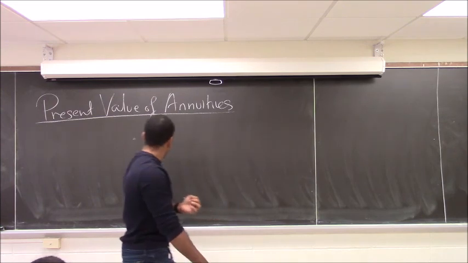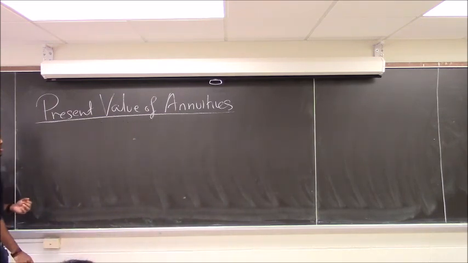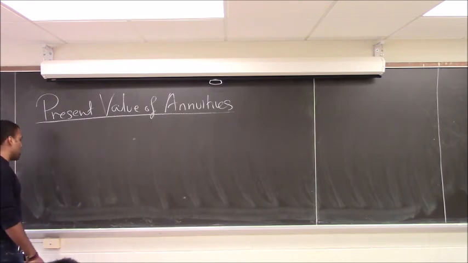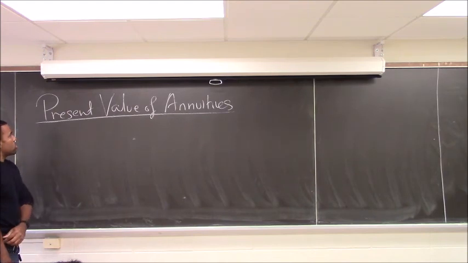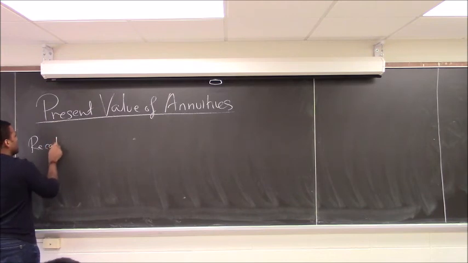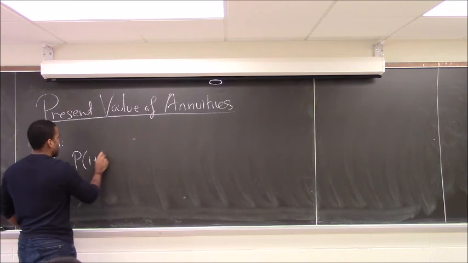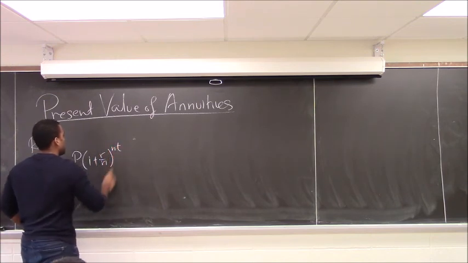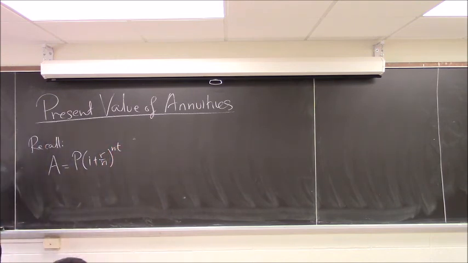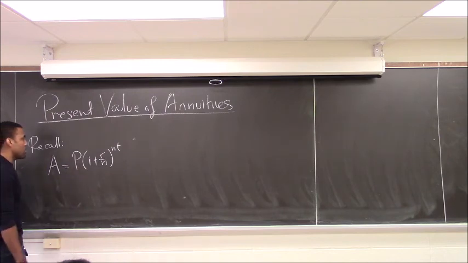Last time we figured out, given some interest environment, how we should make payments to build up to some lump sum, like money for college or something like that. Now we are going to want to kind of turn that backwards. Recall, we had this formula, A equals P(1 + r/n)^(nt). This was the compound interest formula for something compounded n times per year at an APR of r